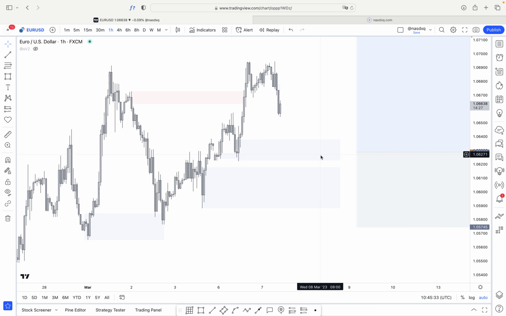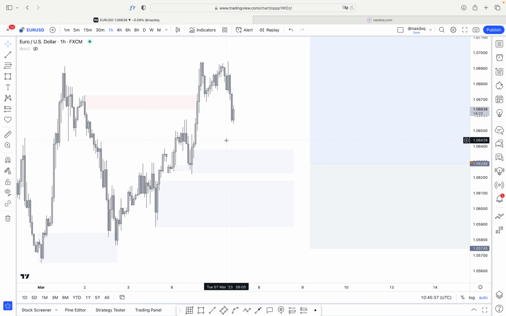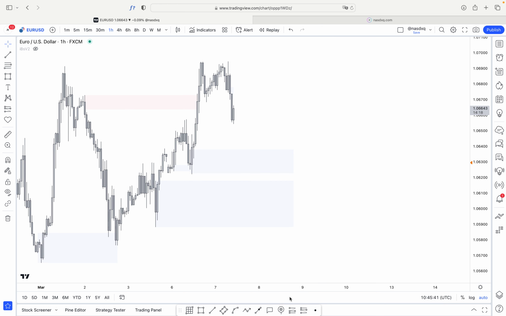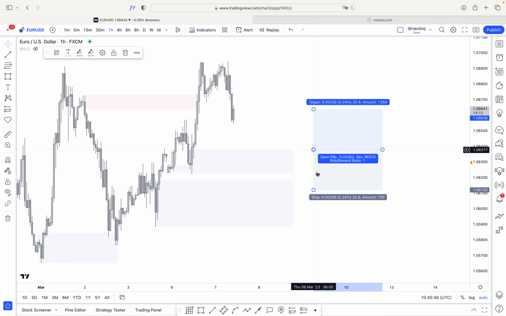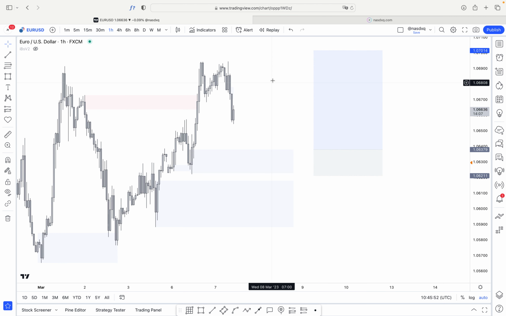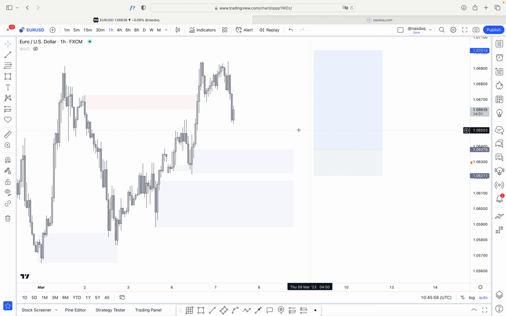So why that is because, let's say, for example, I'm definitely not the only one eyeing up this swing here. But if we get rid of that, if traders are impatient, they'll be like, you know what, that is approaching this zone, I'm going to go from here, and chances are their stop loss will be at the bottom of that zone, and then they'll target the high or something like that. So you've got millions of people doing this, and what they don't realize, if they have a bit of patience,